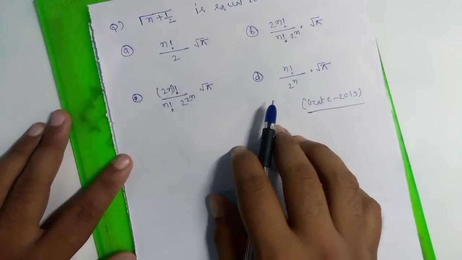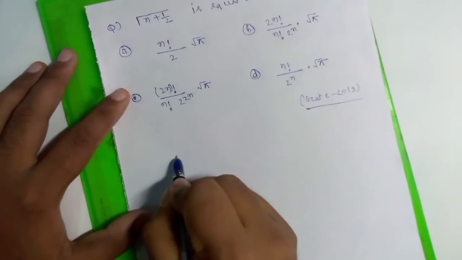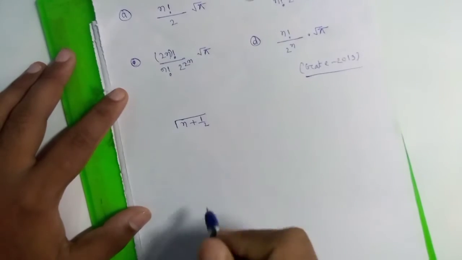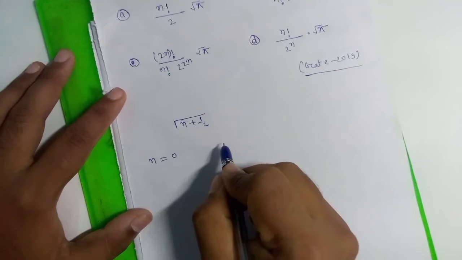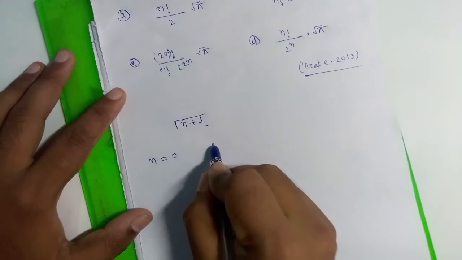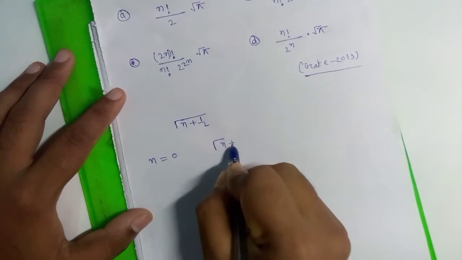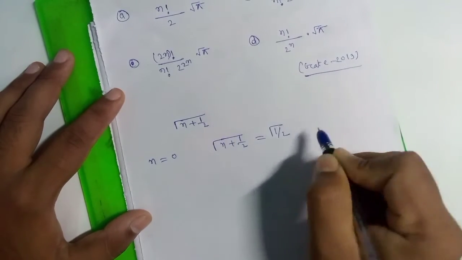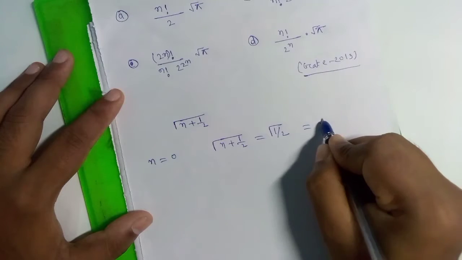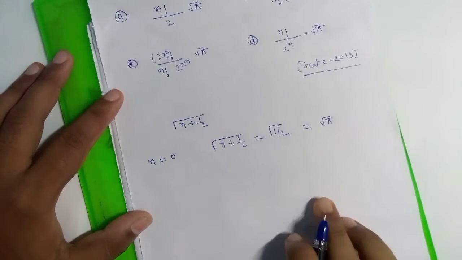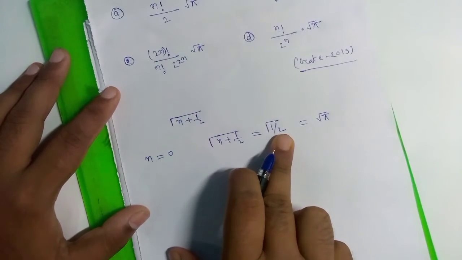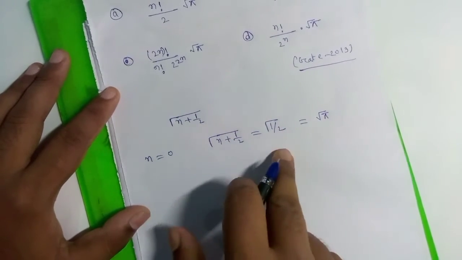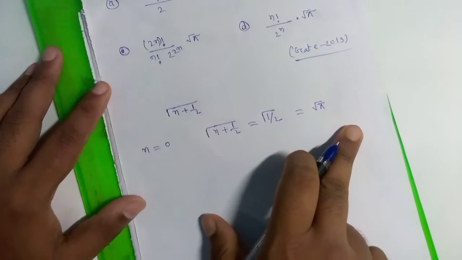Okay, so here the function is gamma of n plus half. If we put n equal to 0, then gamma of n plus half is equal to gamma of half, and we know gamma of half is equal to root pi. Actually, we discussed all these properties in the earlier lecture 1. This is a property of the gamma function.